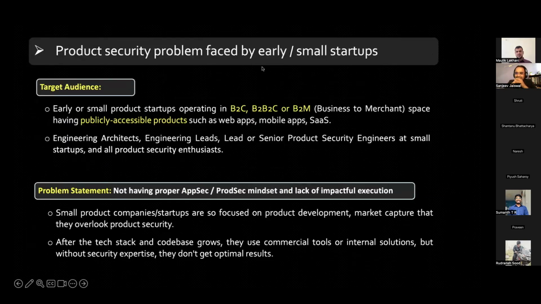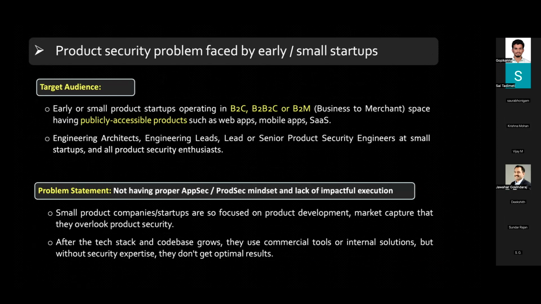Sure, Sanjeev. Thank you so much for your kind introduction. Before we start with the actual session, let us also try to understand the agenda and why we are here today. Let us understand the target audience, and the problem statement that this target audience is having.